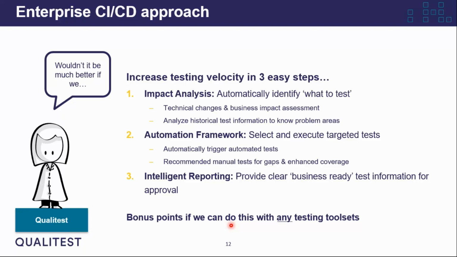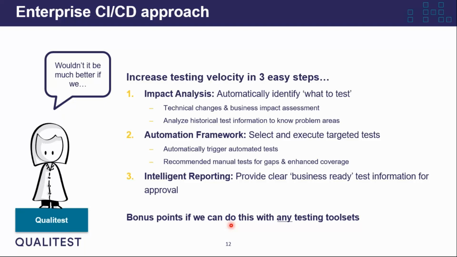The first step is impact analysis. This is all about what do we test? As that change comes in from your change analyzer, from your branch, whatever it may be, how do we understand what do we need to test? And stop working in silos, align a common practice of identifying this. And Dan will take us through a demo of that, and it's really fascinating what the power of AI can do. Then we need to send the output to automation frameworks.